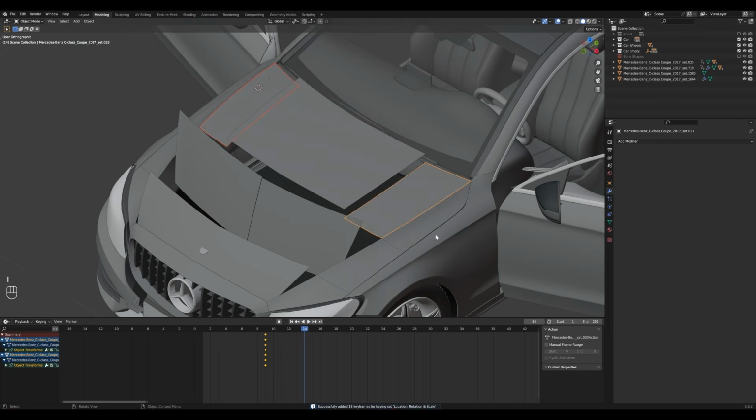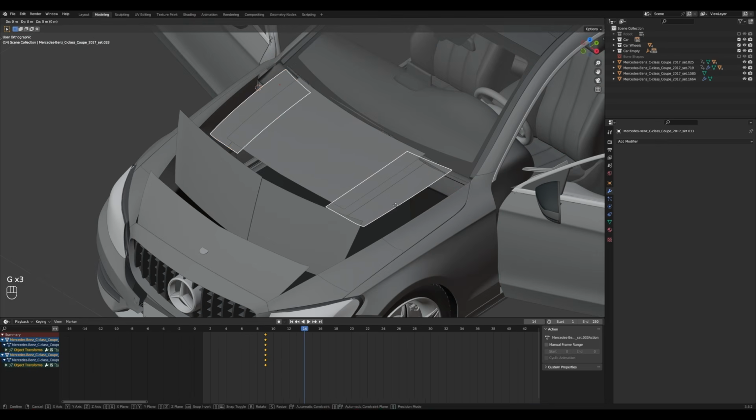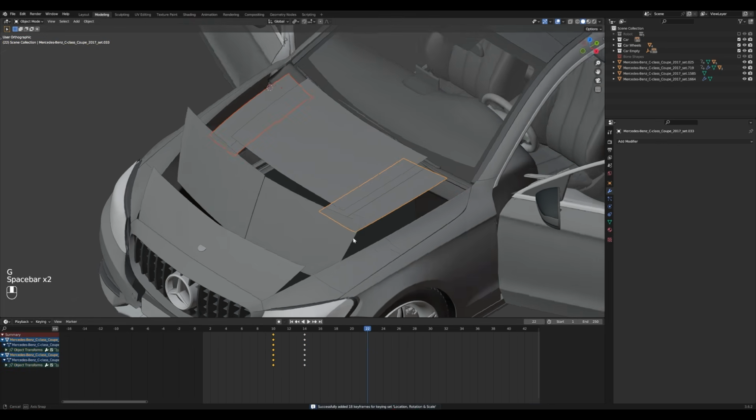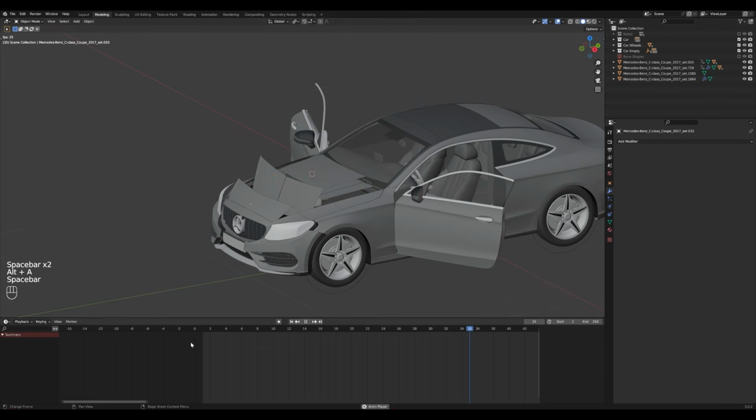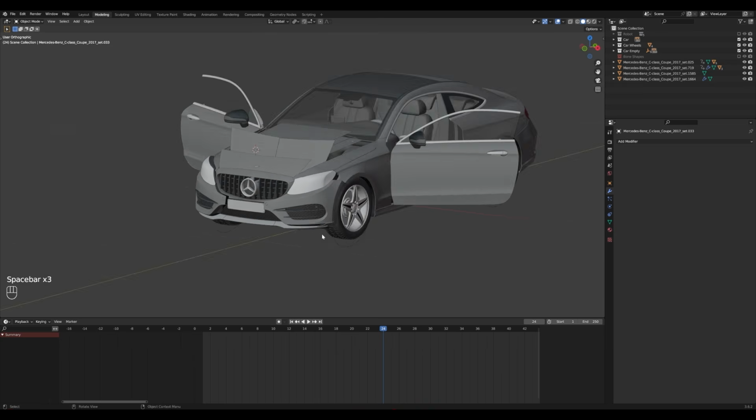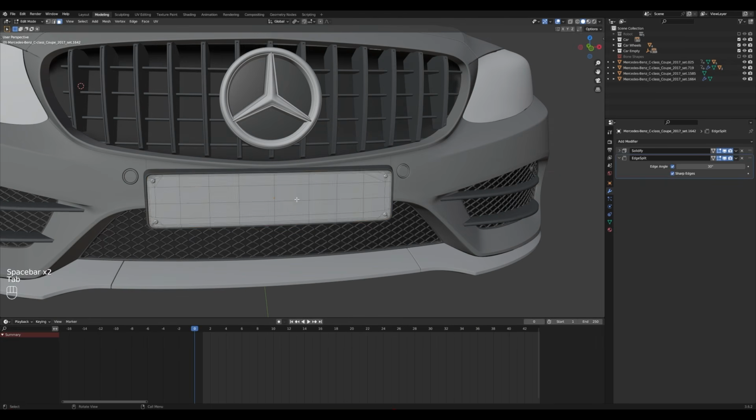So it is all about spending time and making the animation work with the flow. I'm slicing out this number plate also to give it a random animation.